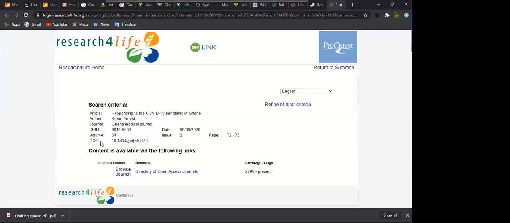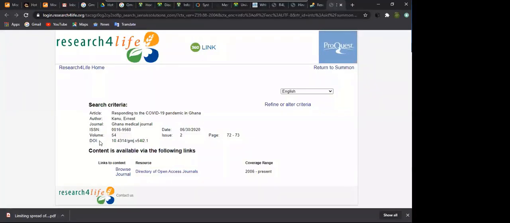Can you see the DOI? I hope all of you can see the DOI, the Digital Object Identifier. That is a very important element or descriptor of the online documents that you'll be dealing with. The DOI, which is Digital Object Identifier, is a unique code. It usually begins with 10 dot something, something. It is a unique code that identifies every single document that is online, provided it has been registered with the